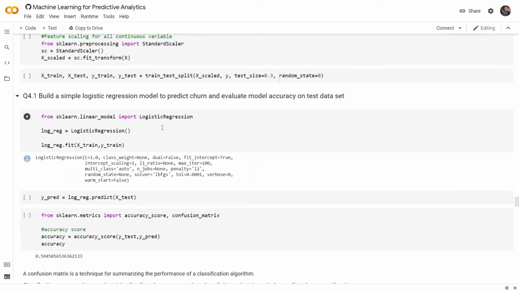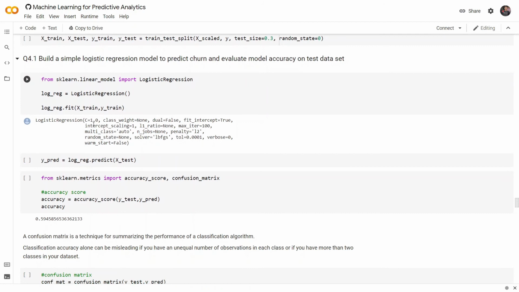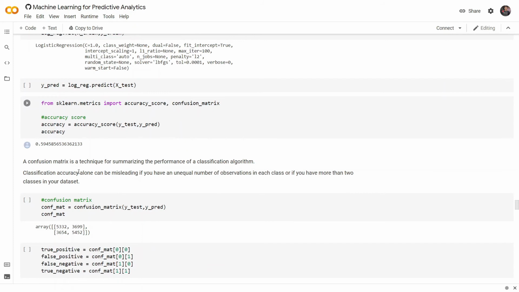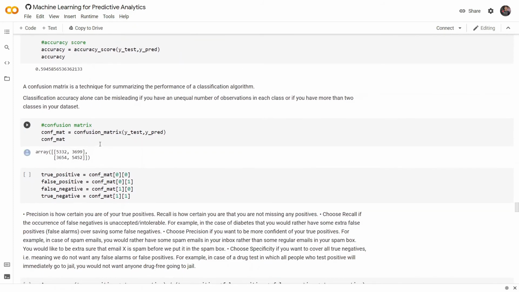Now we are applying logistic regression at first to check how much accuracy the model provides, and as we can see, the model provides only about 60% accuracy. That is not that good in case of business analytics. Now we are also seeing the confusion matrix, which is a technique to summarize the performance of the classification algorithm,